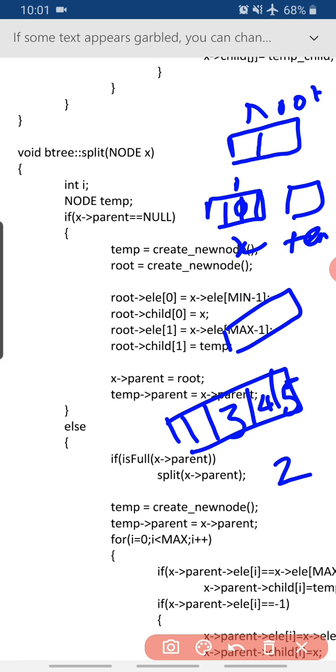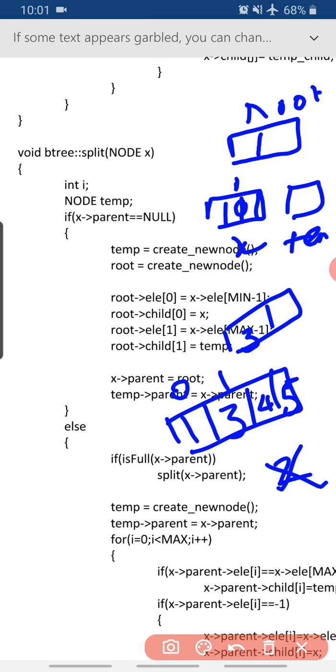So what we're trying to tell here is the value which is in the min minus 1, that is which is present here, goes into this location. So 3 comes over here. 3 is a representative value. We are first splitting and then we are inserting. So we didn't even insert 2 yet. We're first splitting this node. So 3 went over there.